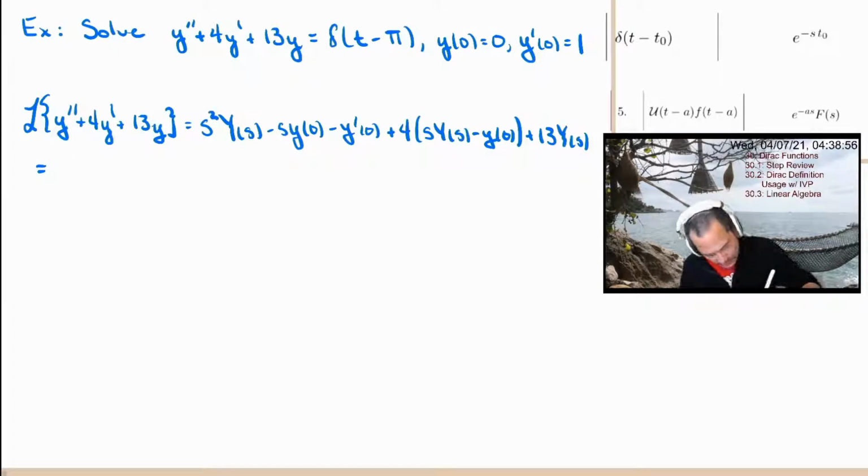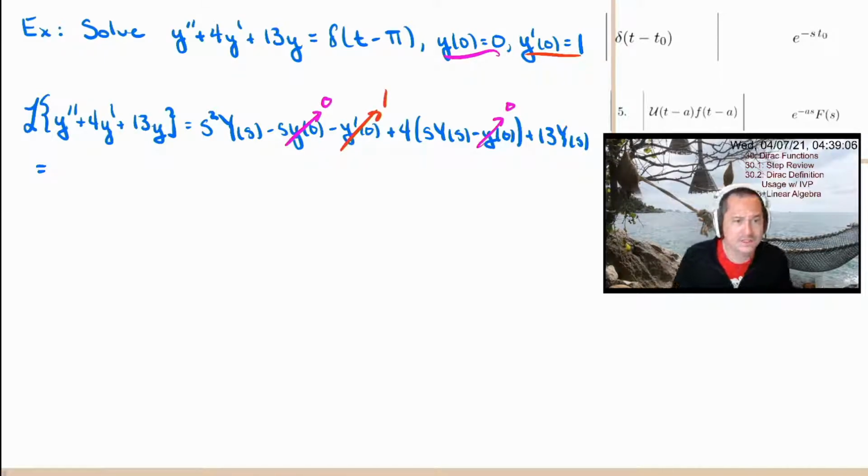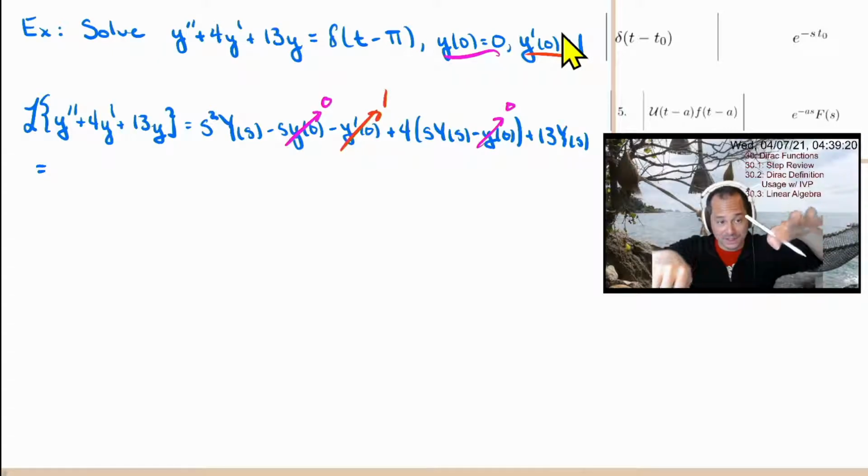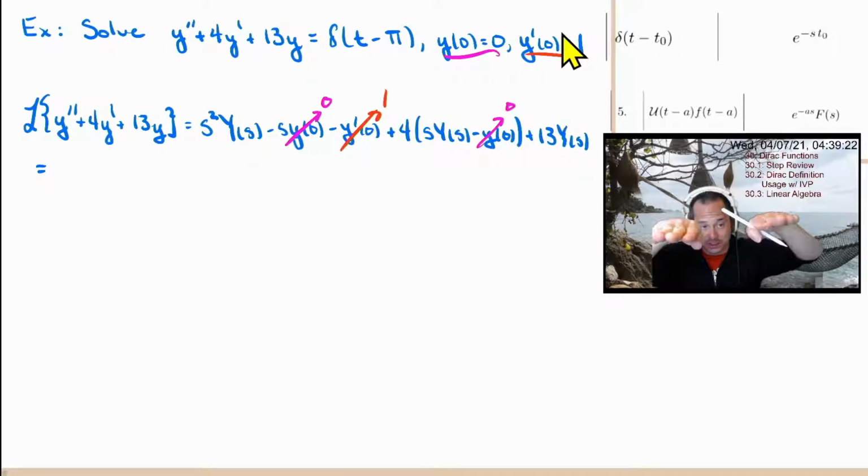What do I know? I know that y of 0 is 0, so there's a 0, there's a 0. I also know that y prime of 0 is 1, so there's a 1. So this mass is actually moving a little bit at the start of time. That's what the second initial condition is saying, y prime of 0 is 1. So this mass is moving downwards at the start of time. If this were the equilibrium or the rest position, the static position, the mass is at the static position,